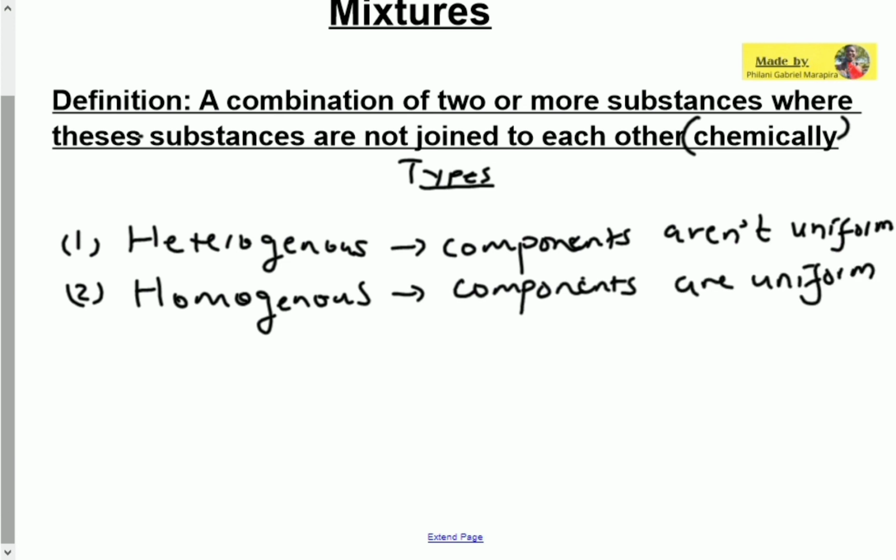So these are the basic types of a mixture. The heterogeneous mixture is a non-uniform mixture, where the different components can be seen and identified. And then the homogeneous is a uniform mixture, so it means you cannot identify what's in it. We can take an alloy for example, which is a homogeneous mixture of two or more elements, at least one of which is a metal, where the resulting material has metallic properties.